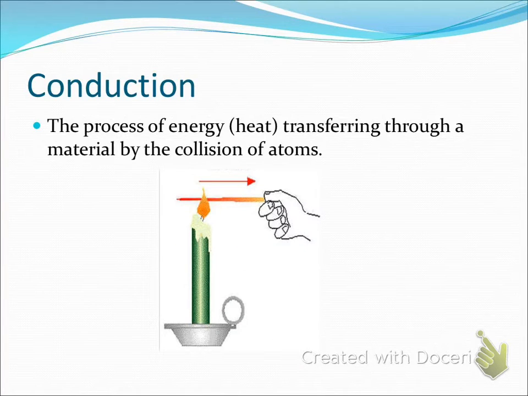So again, just to put the candle example here, so a couple things you can think about. So this here, if this was a conductor, so say it was a metal, and you stuck it in the fire, well, gradually, molecule by molecule, the energy transfers up the piece of metal that you've put into the fire, and eventually it reaches your hand. It'd be like you roasting marshmallows, right? You're going to use, say, a coat hanger, and you stick the coat hanger in the fire as you're roasting the marshmallows. Eventually, the coat hanger becomes warm on your hand, and that's because the energy is gradually moving up